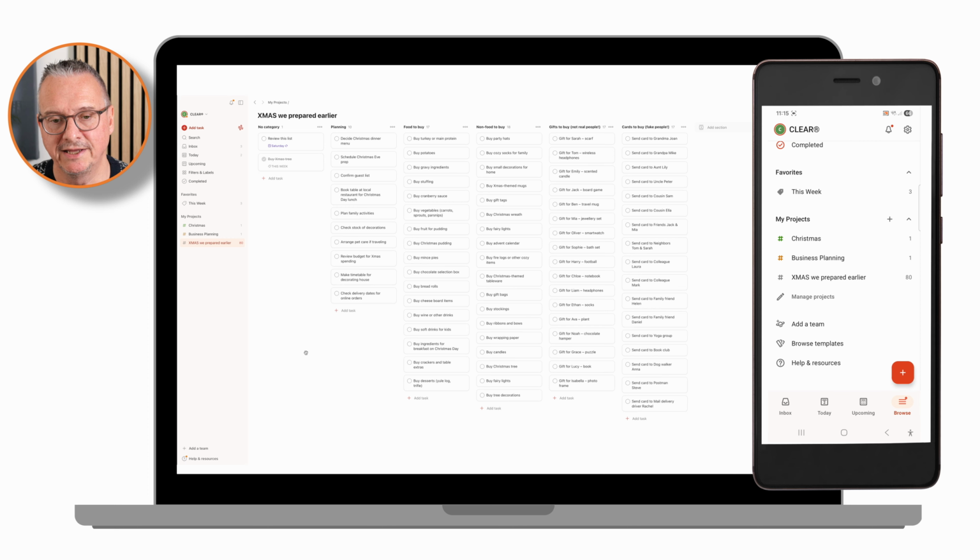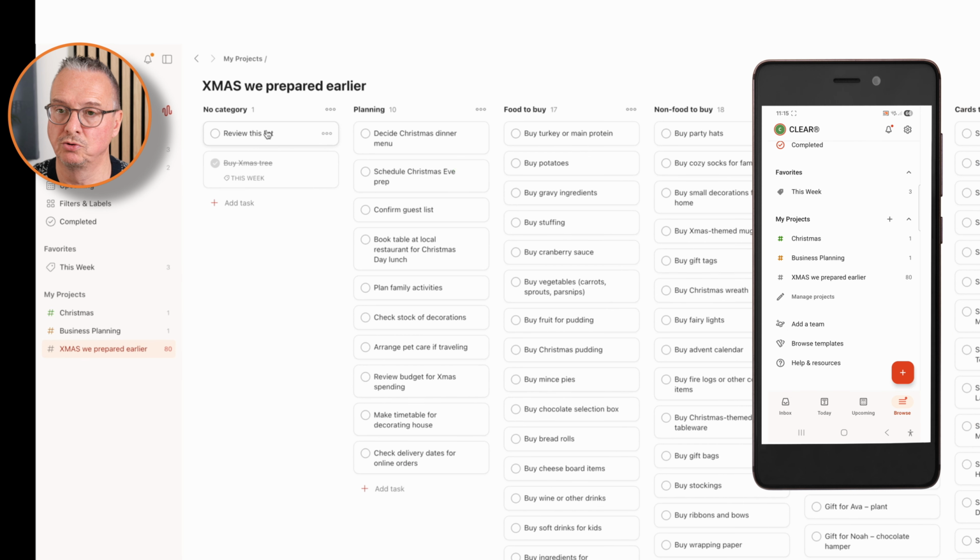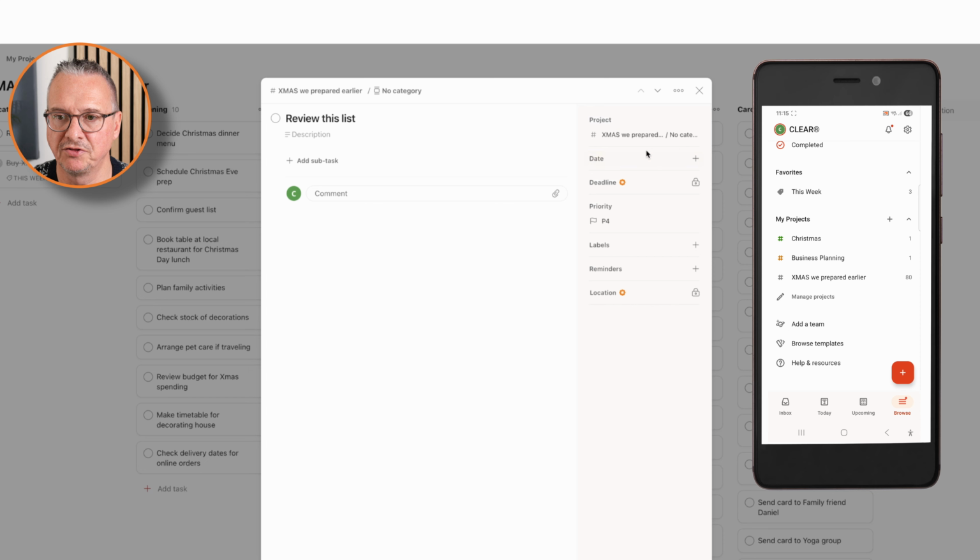So what we do is we start off as we go into Christmas, and this is literally how Lisa and I do it. We open up this project and we start to look at these tasks on there and start to work out, all I'm interested in is who's doing the task, and is it a task I need to do today or this week. So every Saturday we open up this. I've got this action called review this list, and if I click on it, as well as giving things a particular date,